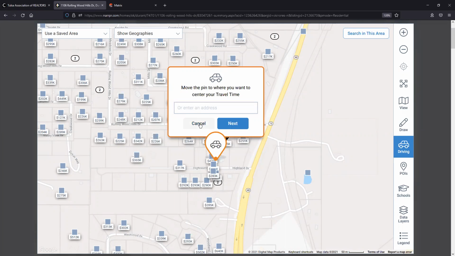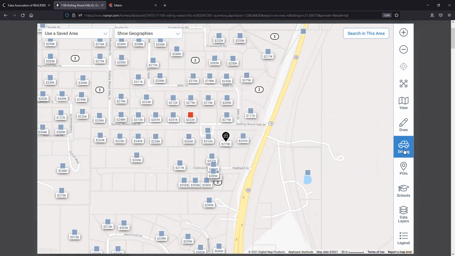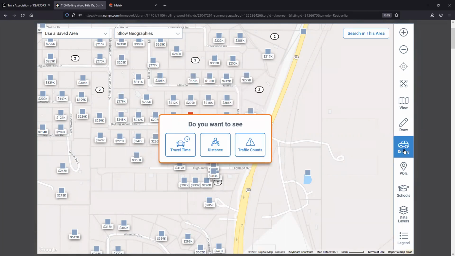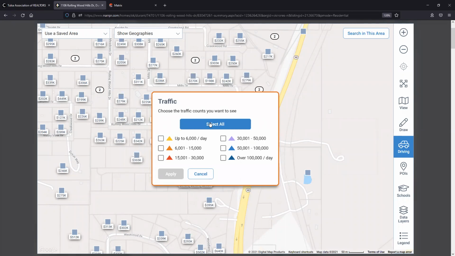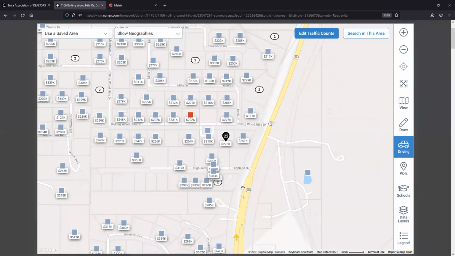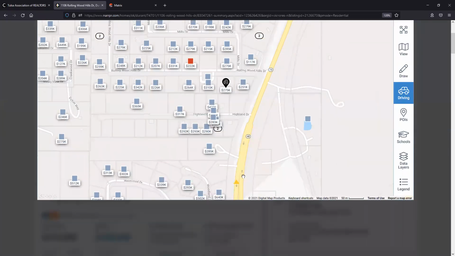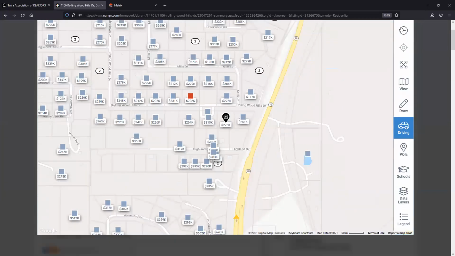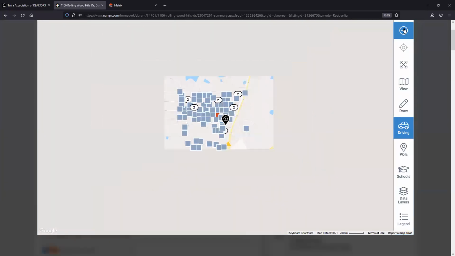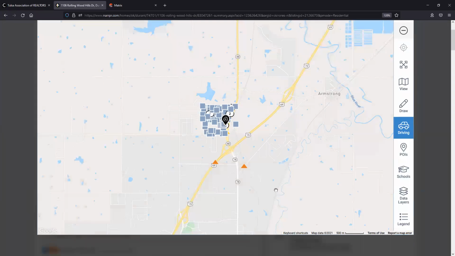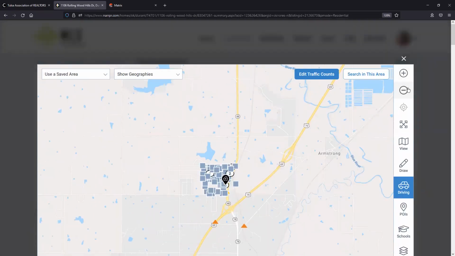You guys can put in the address, and what that'll do is actually show you how far you can get in a certain amount of time. Same thing goes with distance and traffic counts. Traffic counts just adds in any of the traffic that you guys might need to know. So for instance, if you guys wanted to show your client that this is an area that's not going to have a lot of car noise, you guys can point out to them that this is all the traffic that they get. There's a bunch of traffic that comes in on the highways, but then once you guys get into the neighborhood,